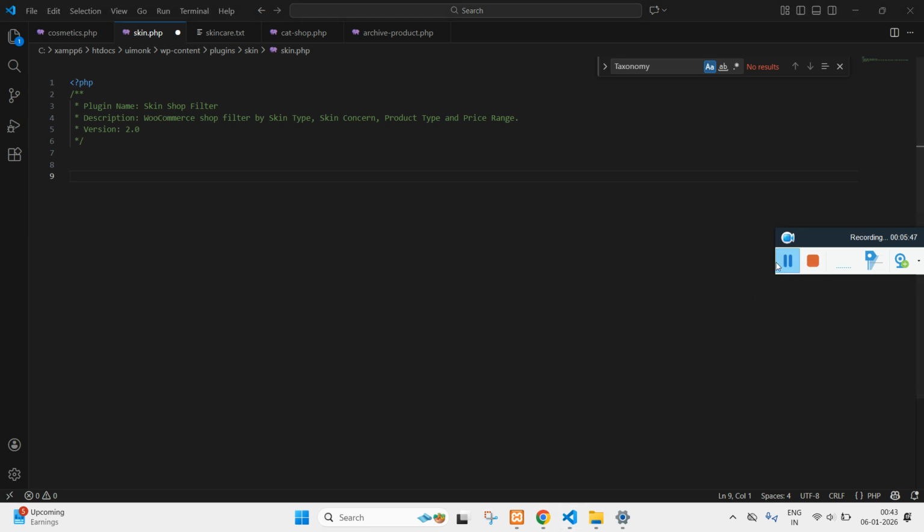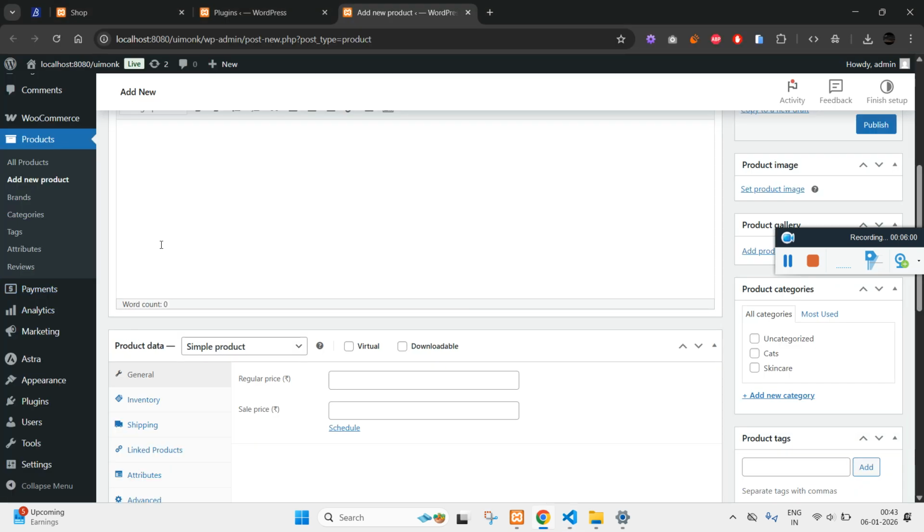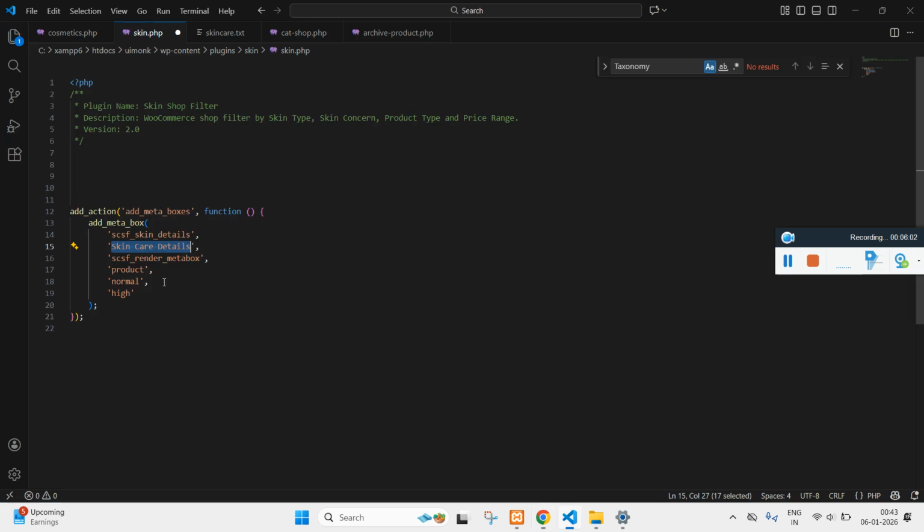Let's do that. We need to register the meta field, and here it is called meta boxes. So I'm registering the meta box. So this is the handle, so WordPress can identify, and this is the information which you see as a title. So you can give product description. So this is the skincare details, and this is the function that will render your HTML,